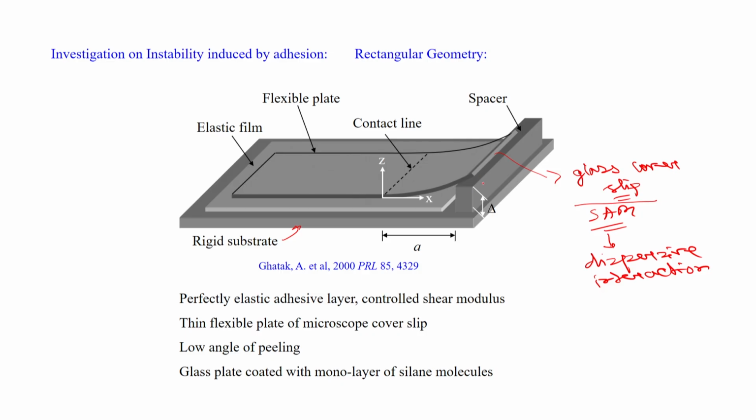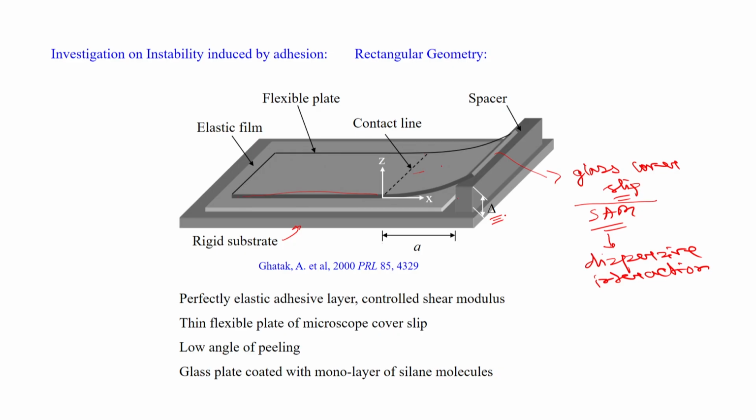and then we give a small lift from one end. This end remains completely in contact, and over here a spacer is used. When you place this glass plate like that, the contact line moves from this front towards the left and eventually comes to an equilibrium position. Here x is measured from this contact line, and a is the distance of the contact line from the spacer,